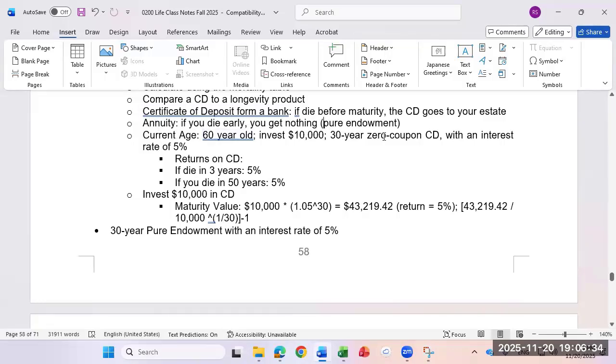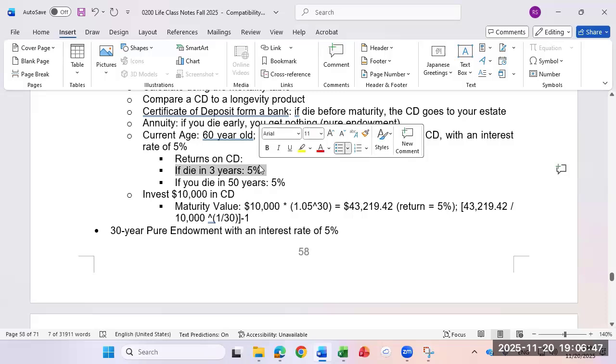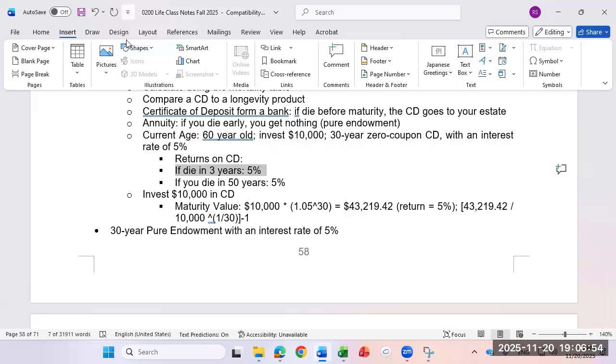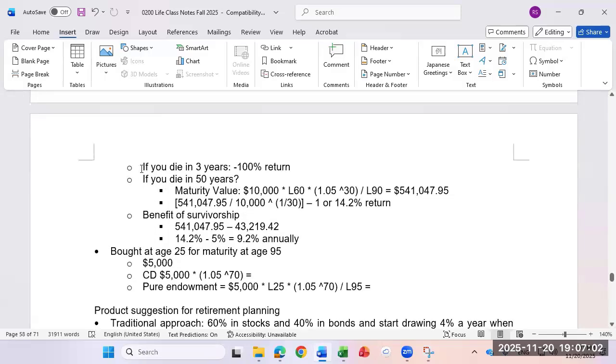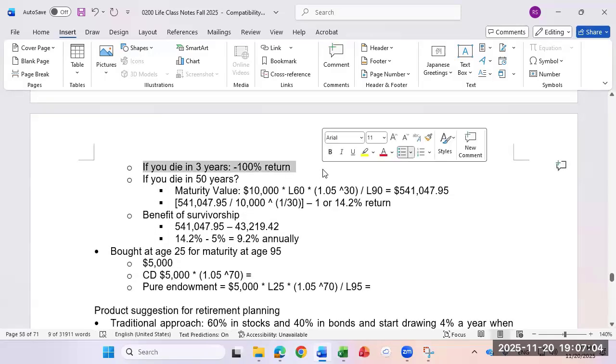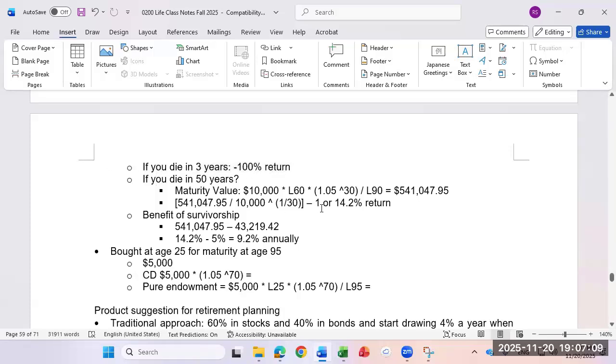So if you buy a CD with interest of 5%, you're going to make 5% over 50 years. I'm doing 50 years to kind of exaggerate it. If you die in 3 years, the CD goes to your family, and in 47 years they get the money and they make 5%. So it doesn't matter whether you live or die, you make 5%. What if you do an annuity? If you die in 3 years, you lose 100%. You get nothing. But if you make it 50 years,